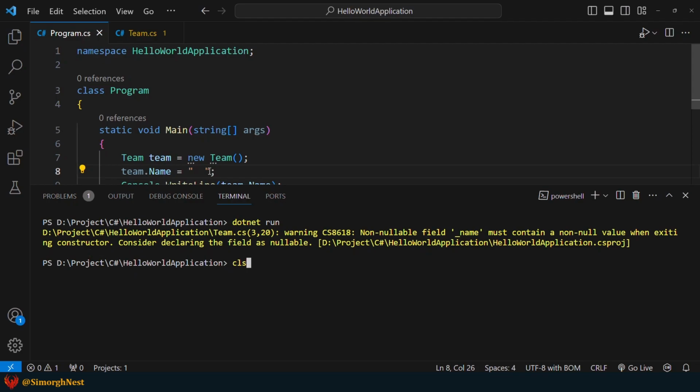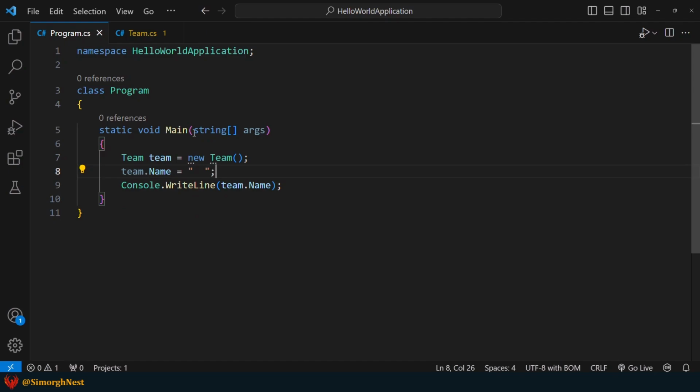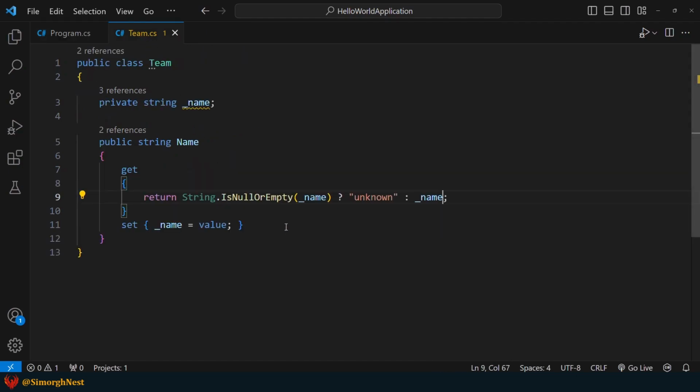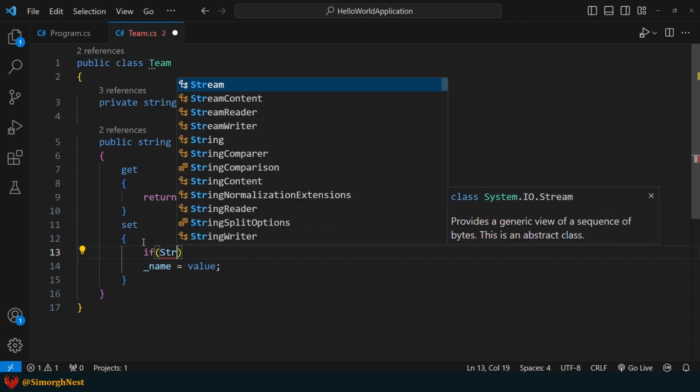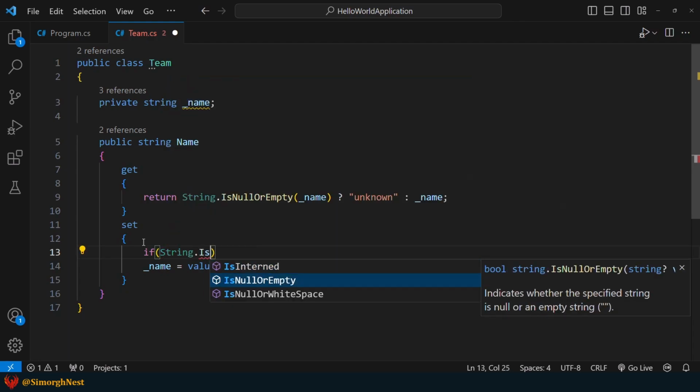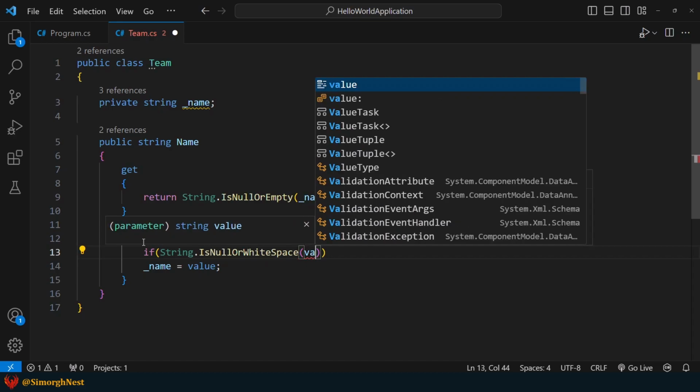To address this issue, we can add a validation check within the setAccessor code blocks. To achieve this, we first check if the value is null or consists of whitespace using this null or whitespace method.